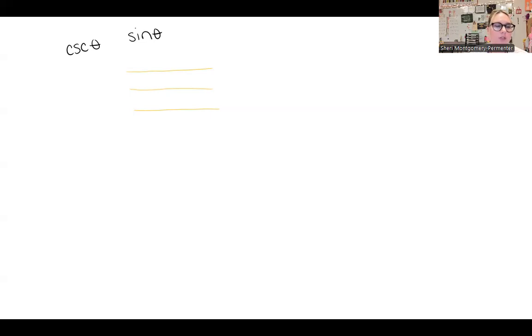They are reciprocal functions. And then secant pairs with cosine. One way I tell them to remember who pairs up with who is that each pair only has one co. So for example,